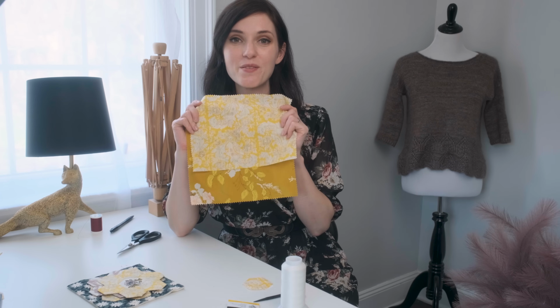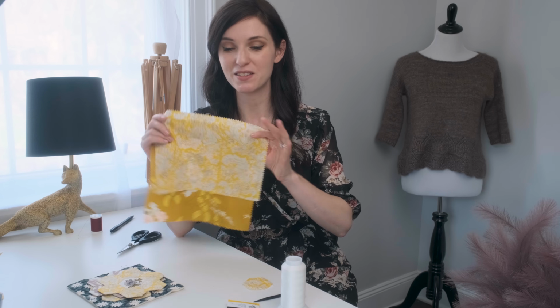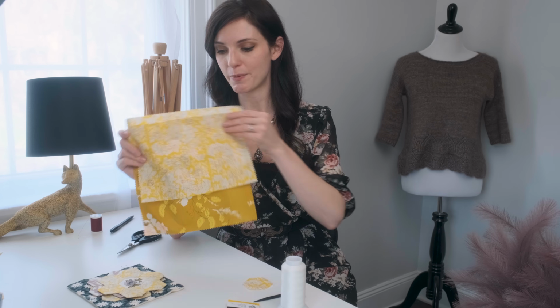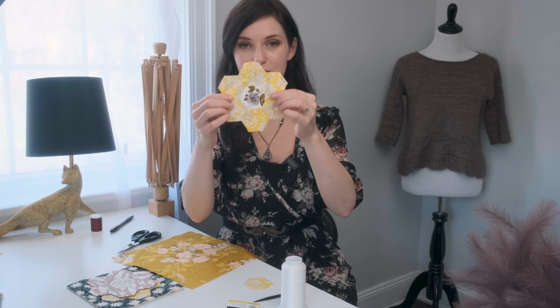You will also need fabric. So again, English paper piecing is the perfect stash busting project. Again, whatever you have lying around, there's that phrase again, whatever scraps you happen to have, get them out because we're gonna make some hexies with them. This is some beautiful fabric that I have left over from one of the first quilts that I ever made. It's fabric from Art Gallery. Just to give you a little preview, this is what we're going to be making today. We're just gonna cut out a bunch of hexies and sew them together to make one of these really pretty